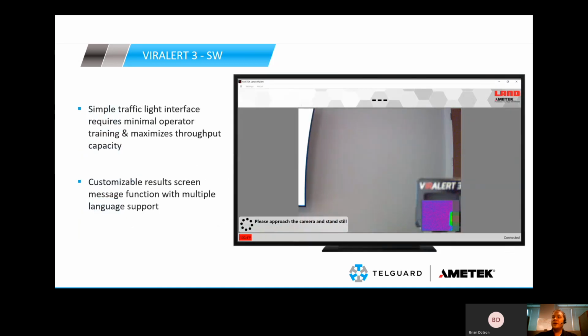So as mentioned, with the color schemes, I think you can relay that to a customer, a potential opportunity, that could use one of these as a simple traffic light interface. So whoever is tasked to operate this, if it's not being operated by the employees themselves as a self-assessment as they come in, they see a green, they know it's good. They see a red, they know it's bad,